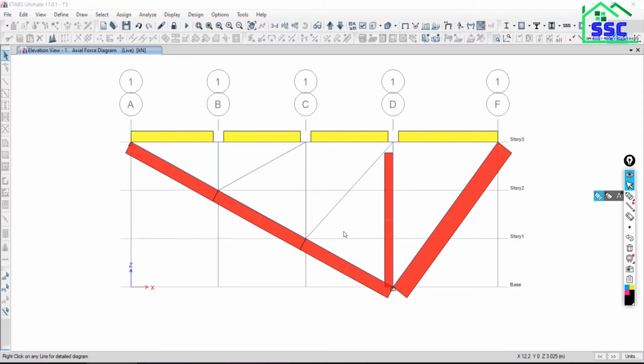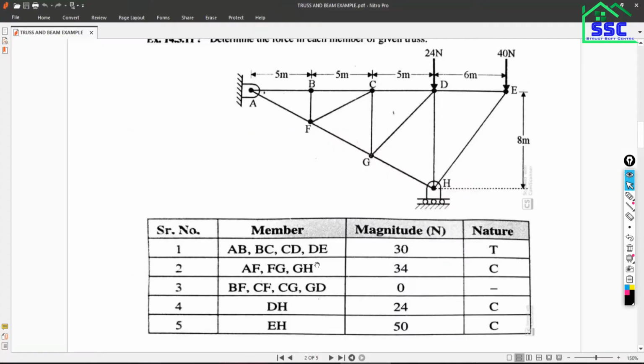So in this way you can see, here it is 0, here it is 0, here it is 0. So all internal members: see FC, GD and DH.